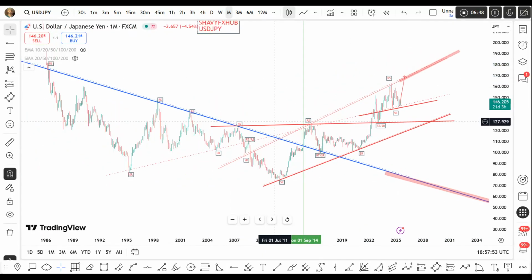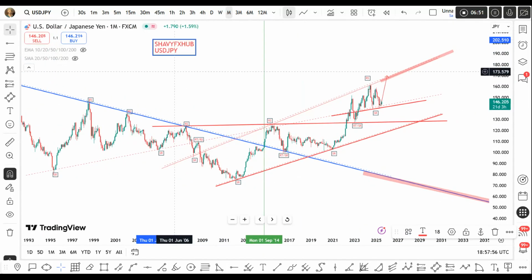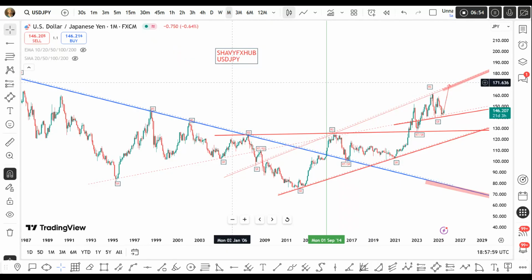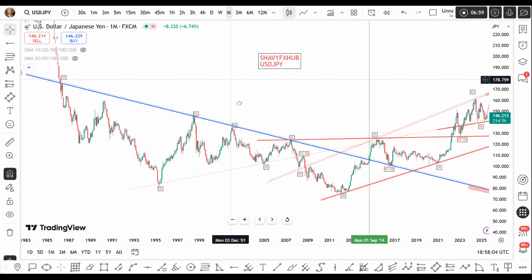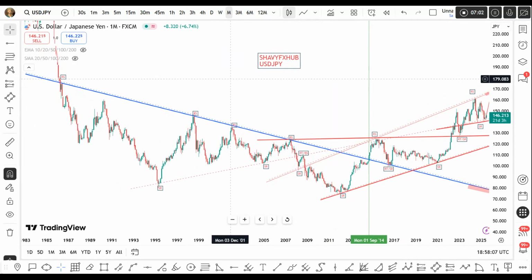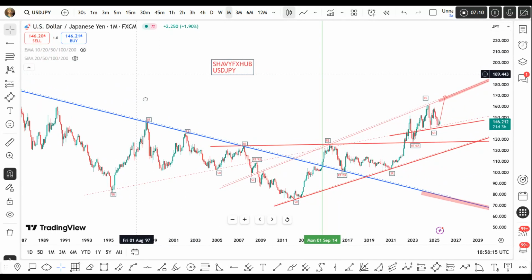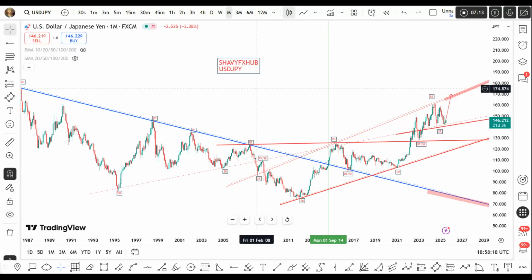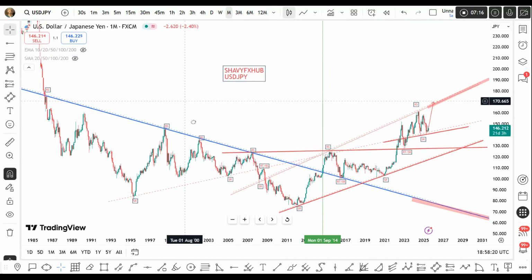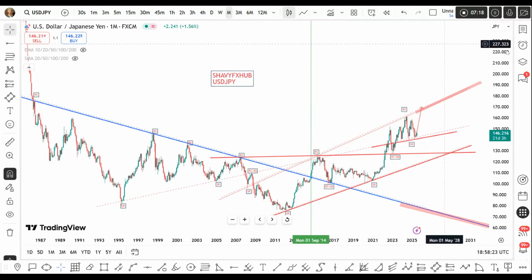So this is what we have for monthly time frame UJ. So we are going to look at weekly, then shortly after weekly, then we'll look at daily, shortly after daily, then we'll look at 4 hours and 3 hours, and we scale down to 30 minutes and look for a beautiful point of entry. So it's a whole lot of work in analyzing the market because you must start from a higher time frame and scale down to lower time frame in order for you to have a clear directional bias